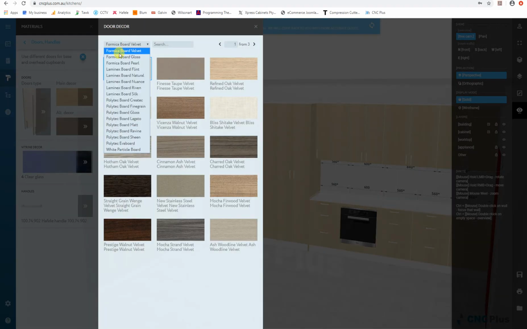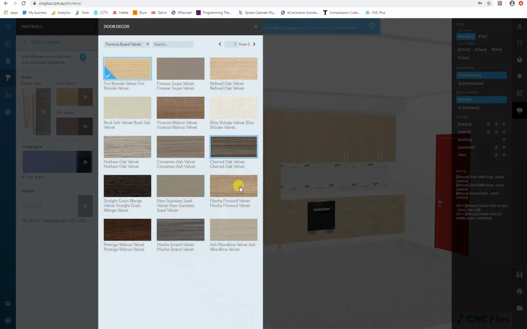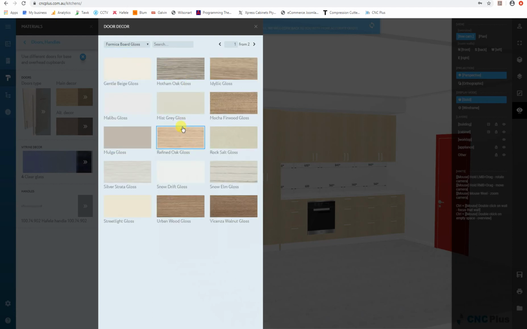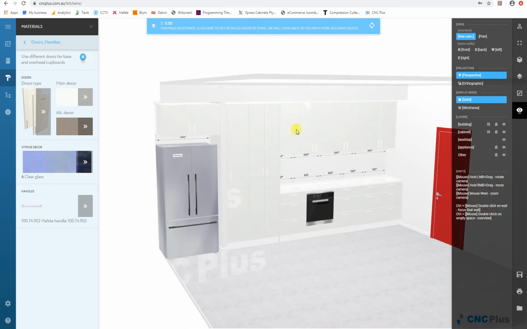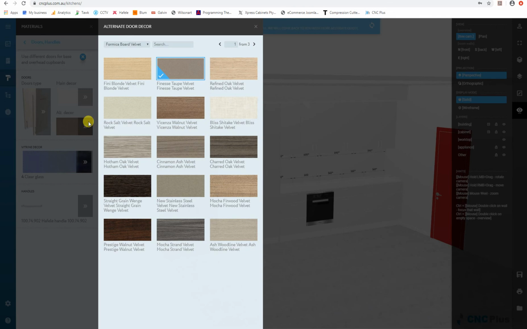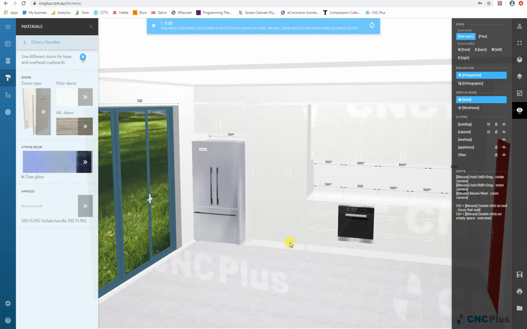So you've got all these manufacturers with different colors, so we can choose any color of this one. Let's say Formica board gloss, that will be snowdrift gloss. As well, you can use two different colors for the overheads, and you can use an alternative color, which can be used in a single cabinet. You can use one or two colors. So let's say if you go both colors, Formica board gloss, okay, so we can use this cabinet